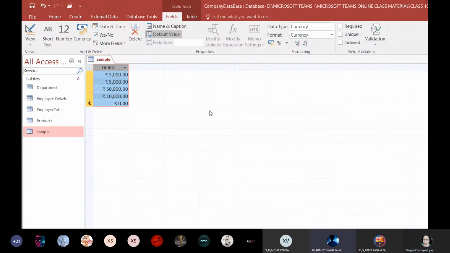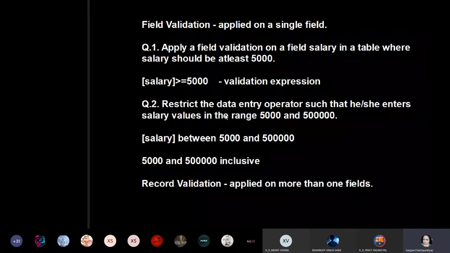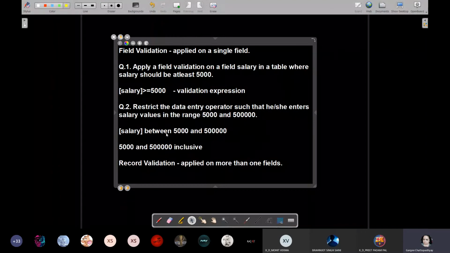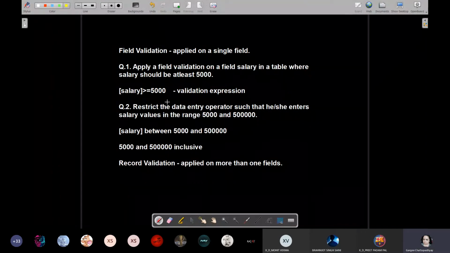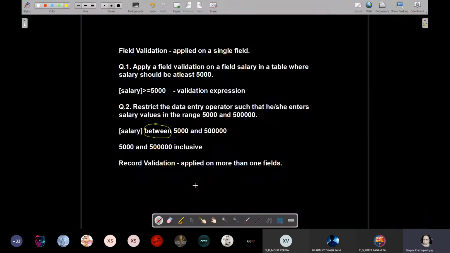While we were writing that salary between 5,000 and 5 lakh, is it necessary to add spaces in between them? Yes, because look here, this between is a keyword. Keyword means they are reserved words. You cannot change the keyword, or the keywords have a specific meaning. They have a specific function. So between and are keywords, right? And I'll write it here,